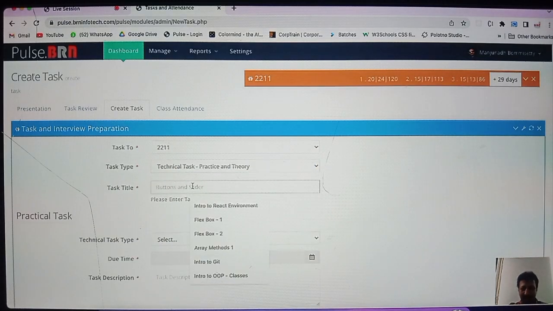Today we have tried post URL encoded and